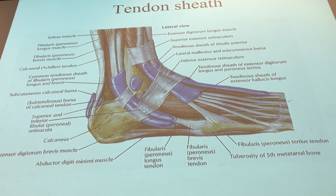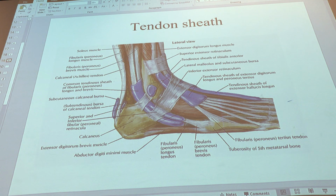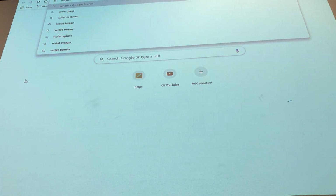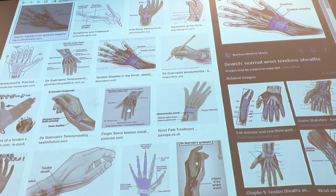So this is your ankle. Your wrist is actually even more tight. So here's your wrist. So right away when I put down wrist tendon, tendonitis comes out, right? We'll see in a second what it means. So here's your wrist right here. Take a look at how small the room is,